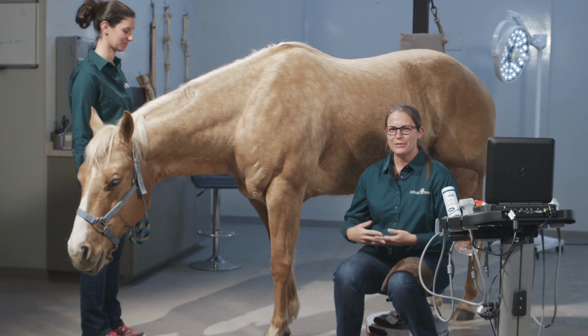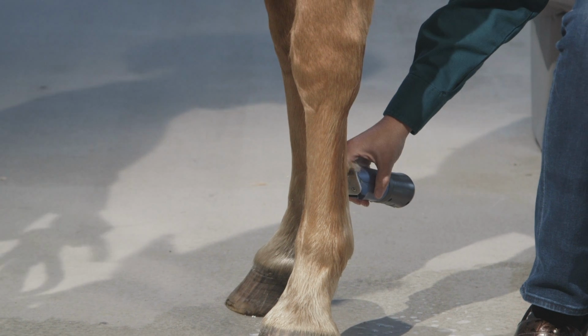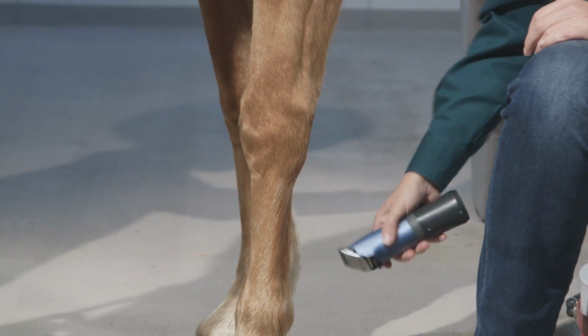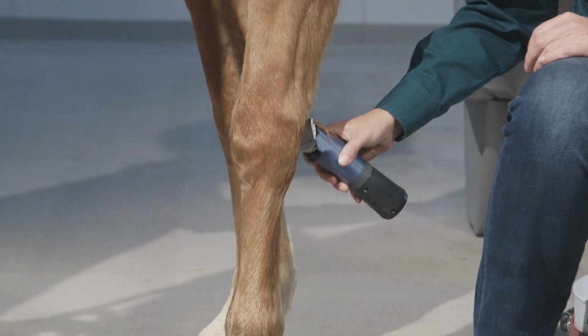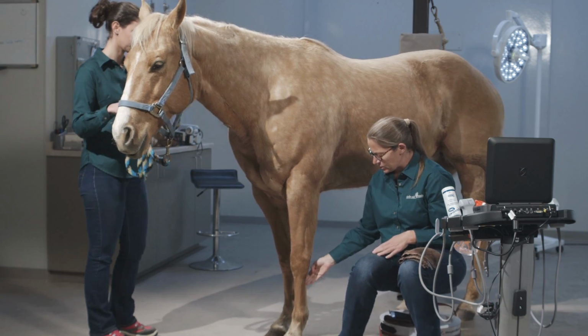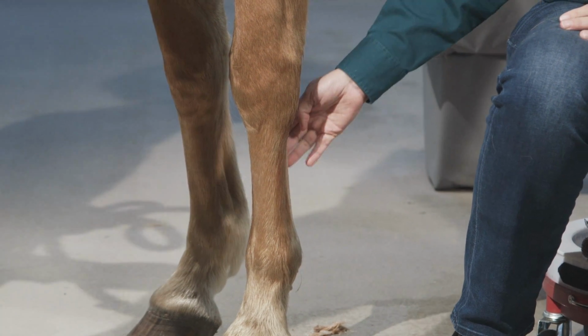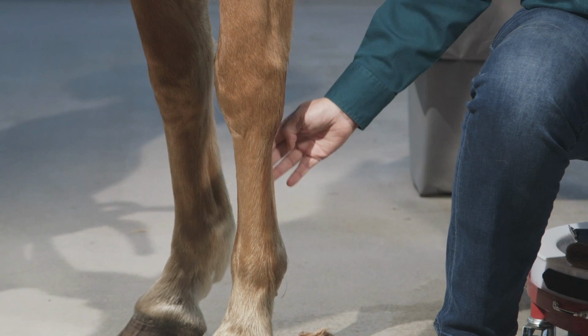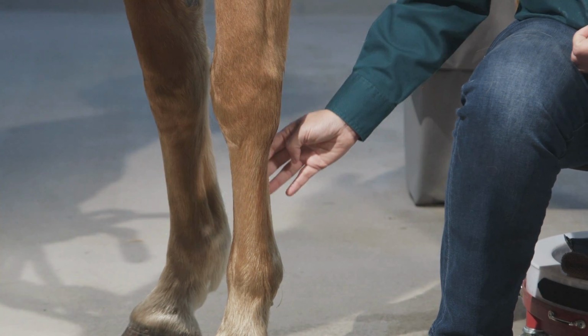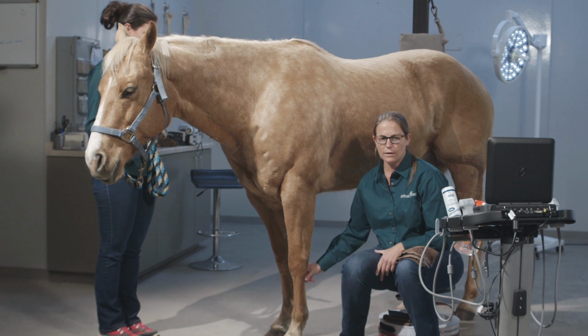And now we're going to talk about how to best prepare a leg to get a good quality image that's been clipped with a 10 blade. So when I'm clipping, I like to clip as wide an area as possible so that I know that I can clean that area even better, and so that if my probe slides out of the area of interest that I'm ultrasounding, it doesn't slide into a dirty area. And so that leaves just a short amount of hair on their legs, and while that certainly can decrease image quality in a lot of situations, if you're able to image what you're looking at without a standoff, I actually feel like it can increase image quality in a lot of situations, because the 10 blade leaves just enough hair to create enough room for the gel to sit in it and act as a little bit of its own